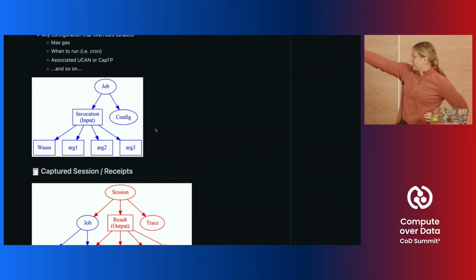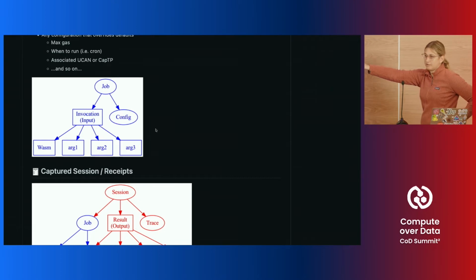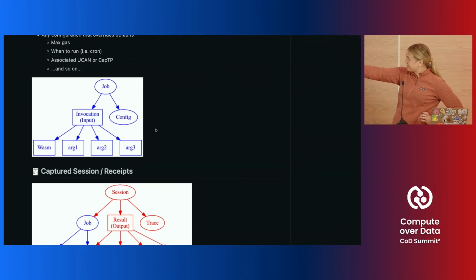We need this separated out, job versus config, where config is information for cron, or links out to other parts of a call graph, or all these other things. We need the invocation part to be like this so that I can cache the output of just the computation, without information about how it runs separately, because I want to be able to reuse the output of this deterministic computation.